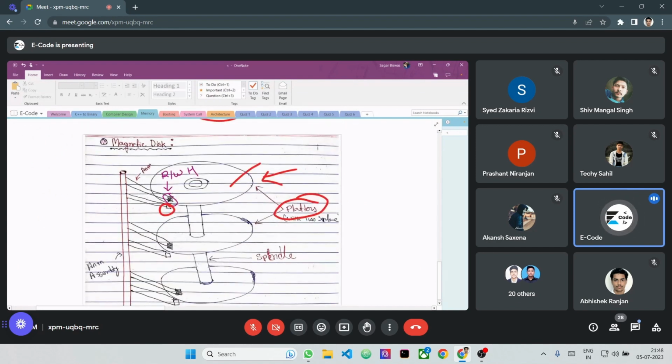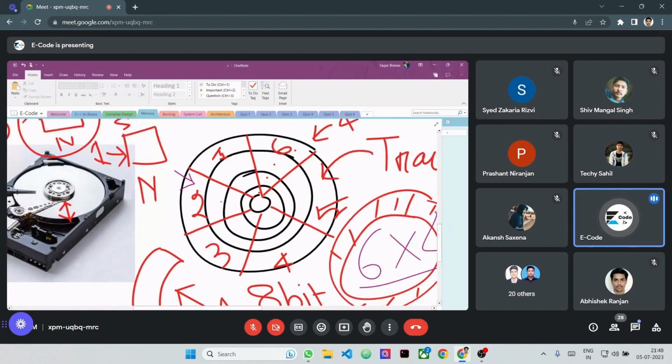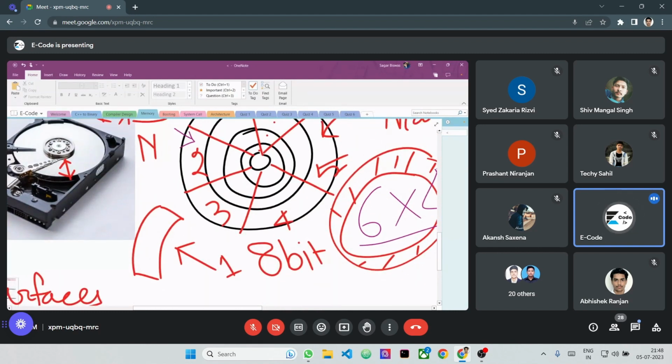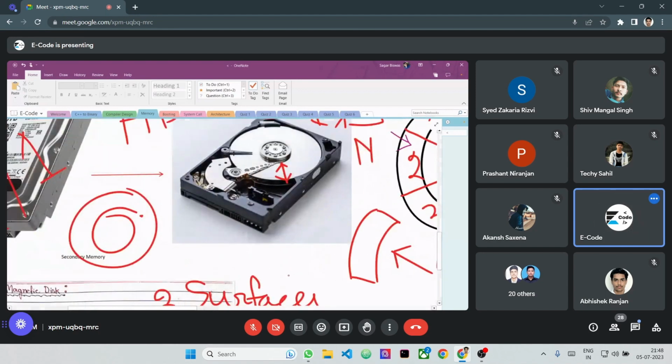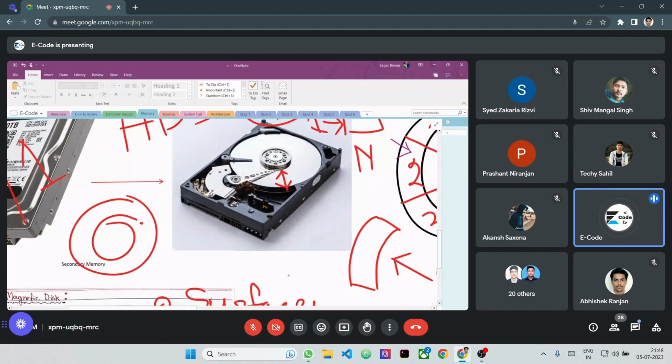Every platter has two surfaces, every surface has some number of tracks, every track has some number of sectors, and every sector can store 8 bits or 16 bits of data. It depends on the architecture and on the